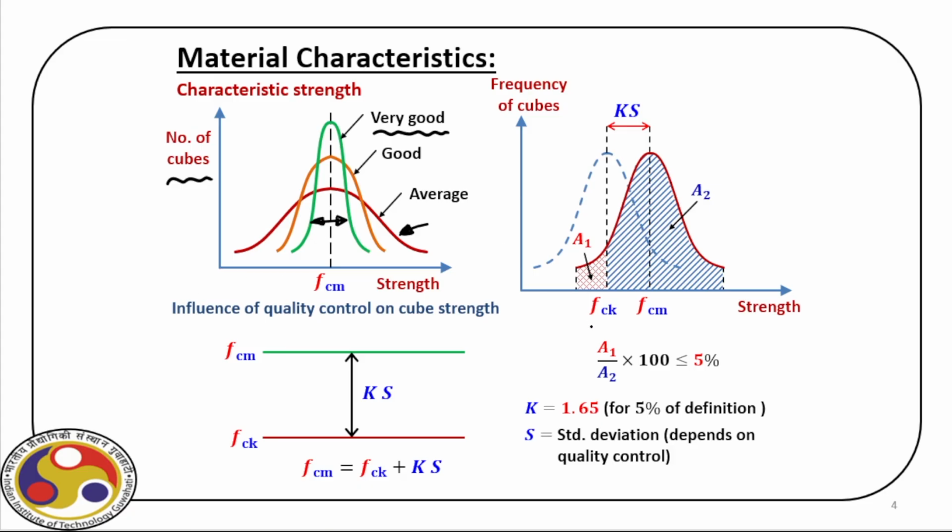Now, how do we find out the FCK value? We have also discussed that it is the point below which the area here is 5%, right? So if we cast samples and test them, only 5% of the samples are allowed to fall below this value, and then we consider this value as FCK. And as you can see, here is the expression. What we have here is the mean value of the concrete, and from that mean value and standard deviation, we can find out the characteristic strength, and this K, which is a constant, has a value of 1.65, provided this is Gaussian, right?